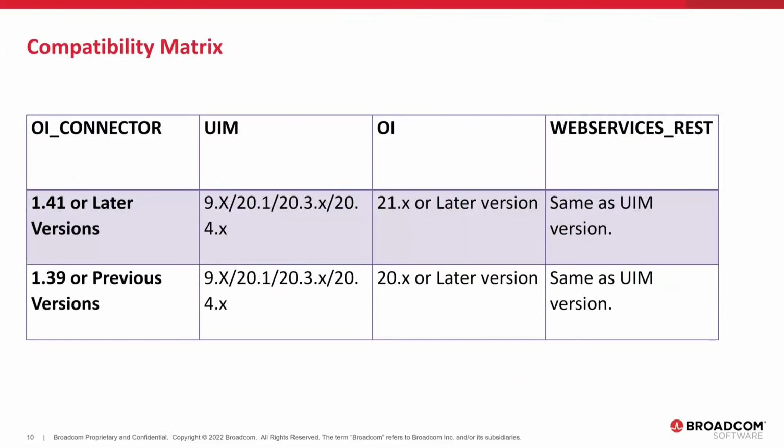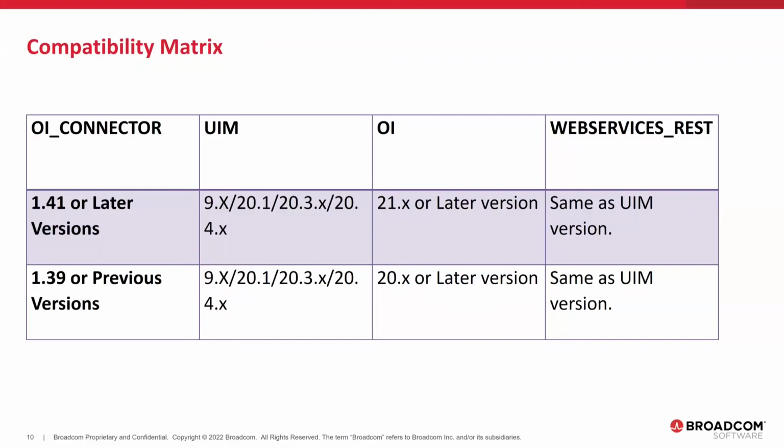If you are using 20.3, OI should always be 21.x, because with 20.x, for reconciliation we use a specific endpoint, and that endpoint is not available with an older version of OI. So for OI we should always use a 21.x version, and whatever version you are using, for example 24,